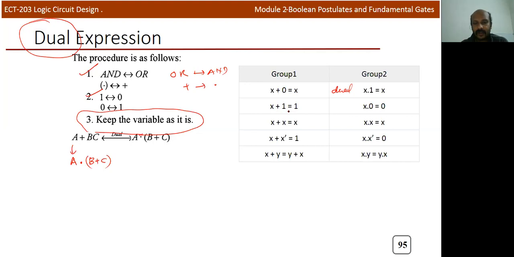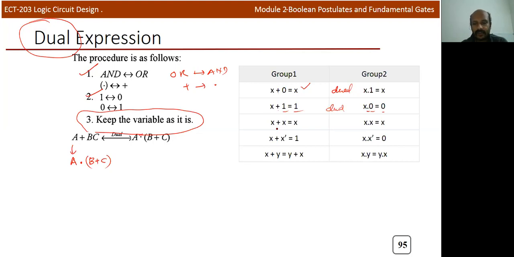And here again, x plus 1 is equal to 1. This is again a law. If you apply the duality theorem here, this plus operation becomes dot, and 1 becomes 0, but we will keep x as it is. You'll get another expression which is again a law. We already discussed all these laws in lecture 7. So again it is called the dual of this particular function. One way to prove these laws is that you prove the first law, and by applying the duality theorem, you will get the second. So in this way also you can prove these laws.